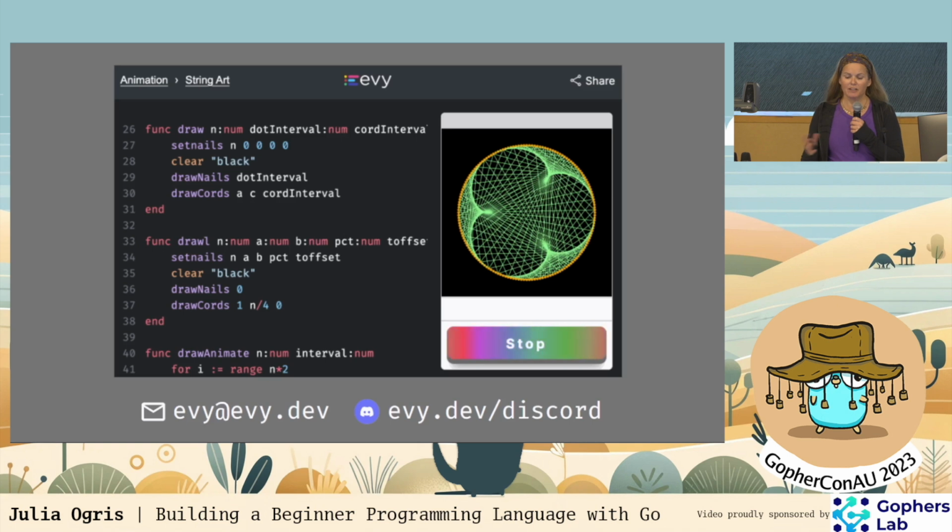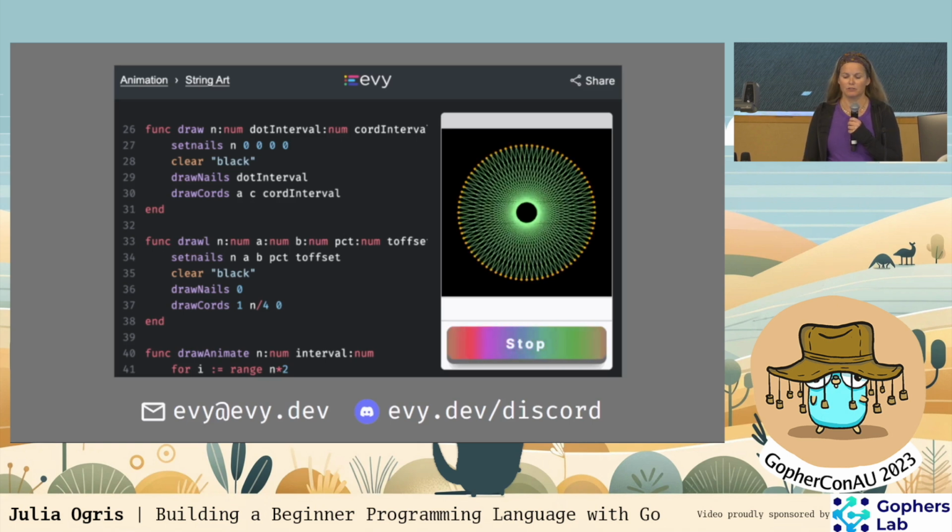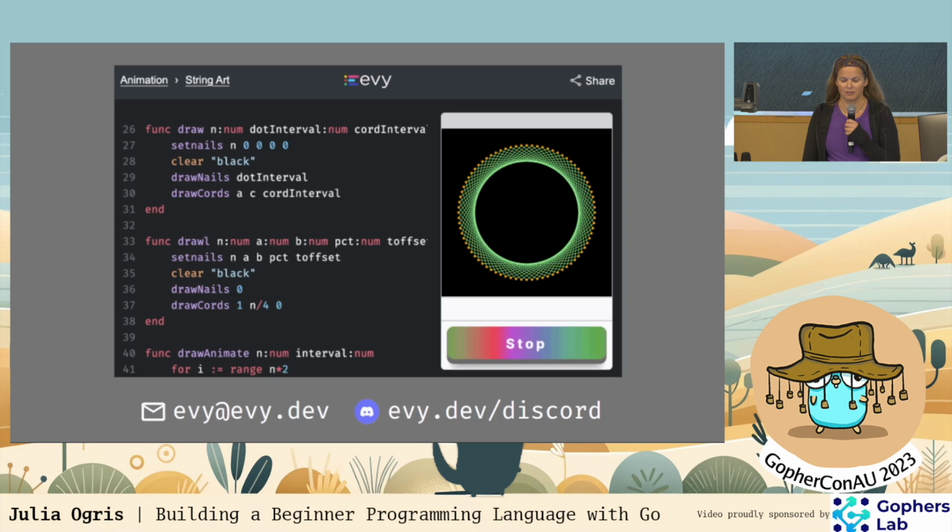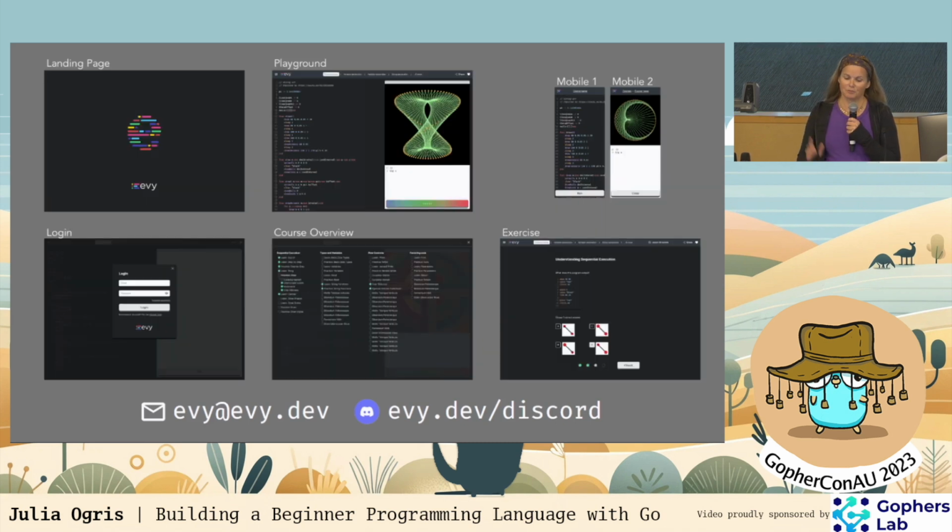So Eevee as a language is relatively complete, and I don't think I want to add many more features. Thanks also to my friend Jason, who's a graphic designer and donated the graphic design for the website, we have a pretty neat looking website, even with mobile responsive design and everything. However, the goal for Eevee is to be a lot more than just a beginner's programming language with a neat website.